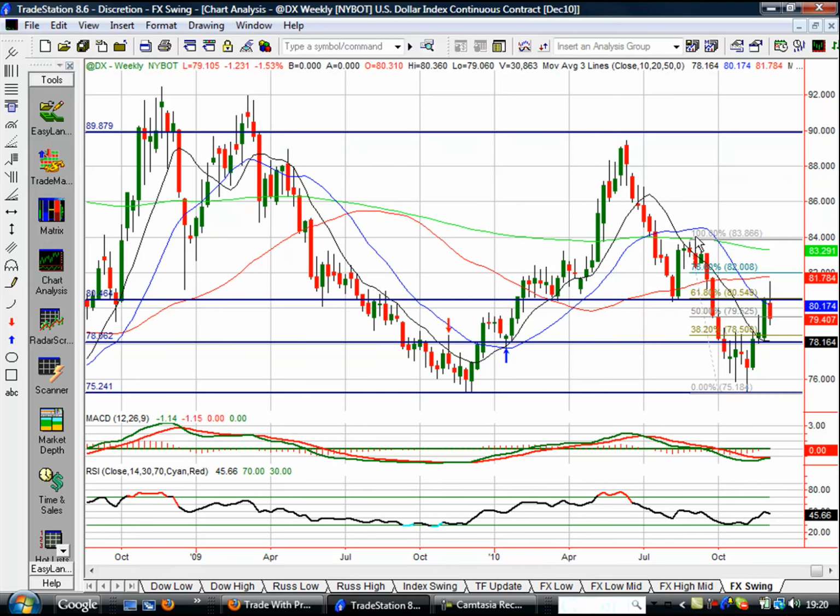This is looking like the early stages of our next lower high. So we've got a high up here, then a lower high, and this zone was a potential zone where if we were going to continue in the downtrend, it was likely to form a lower high. This candle is starting to look like that is happening. A breakdown through last week's low this week will be a confirmed lower high. That would mean we're looking for a pushback down and probably a retest of 76 to 7,500. So the weekly looking slightly bearish, the monthly, if anything, looking slightly bullish. We've still got indecision here across the time frames.